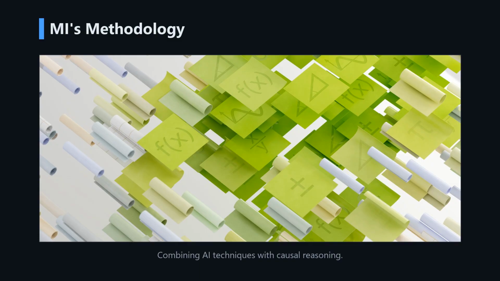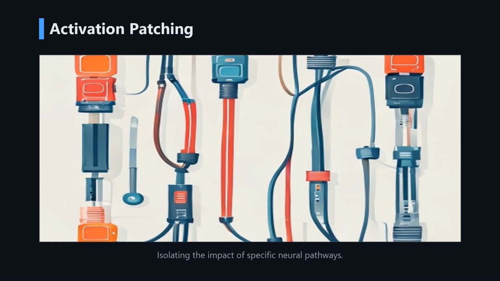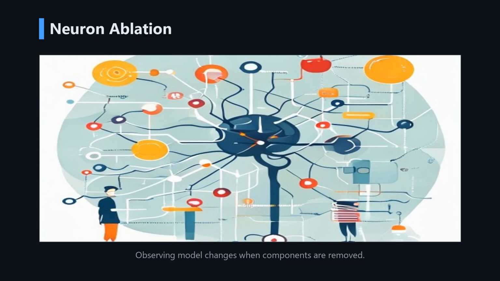The actual mechanism behind mechanistic interpretability involves a blend of advanced neural network techniques and rigorous causal inference. Researchers systematically test hypotheses about the causal effects of identified circuits or features on the model's output using techniques like causal intervention. Activation patching involves swapping specific activations between different model runs to pinpoint exactly which parts of the circuit are critical for a given behavior. Similarly, neuron ablation involves temporarily disabling individual neurons or entire circuits to observe how their removal impacts the model's performance